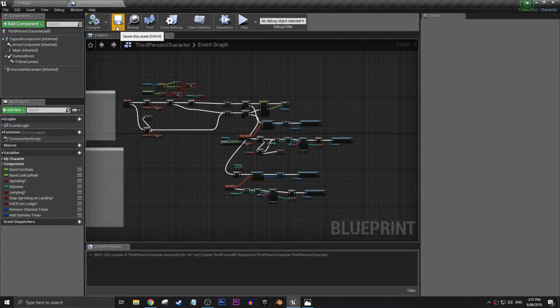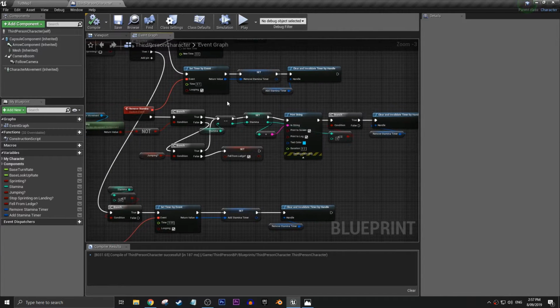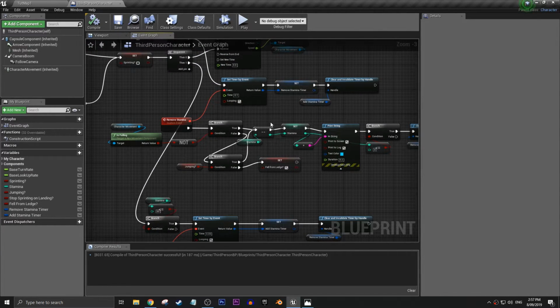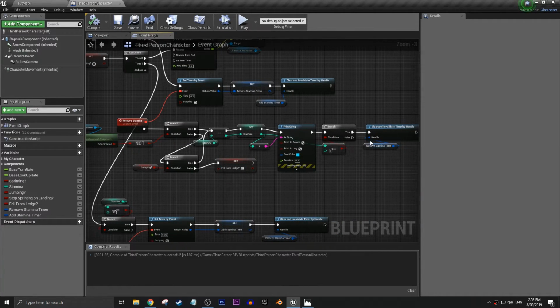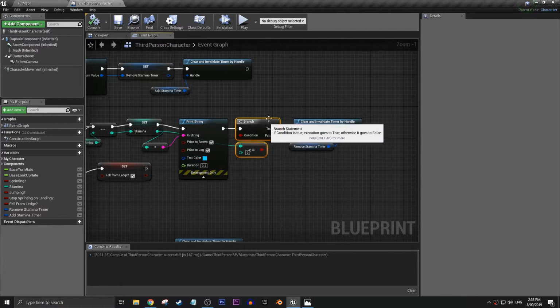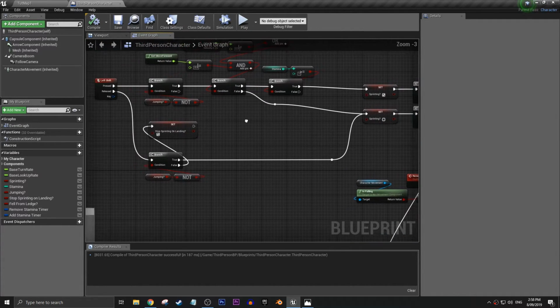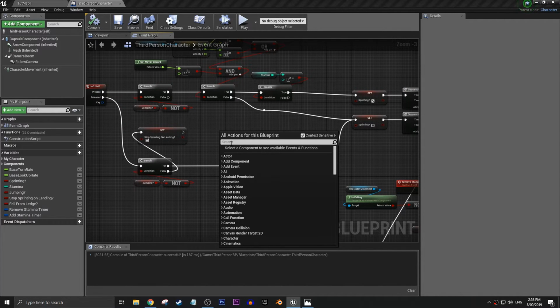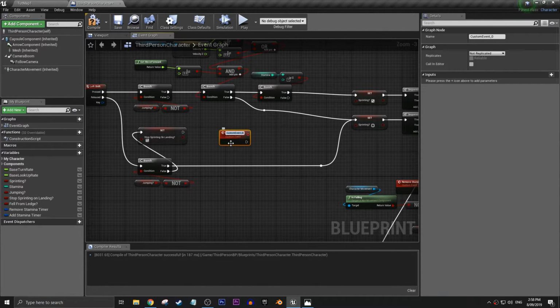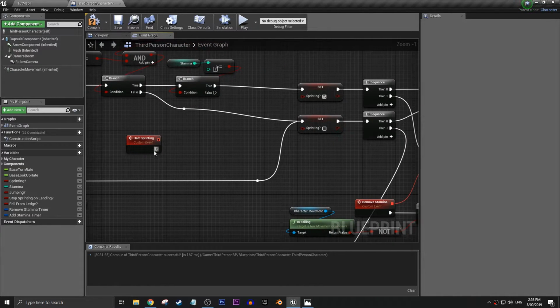So now we should have a graph that looks like this. Compile and save it. And now we need to add one more thing from our remove stamina. We need to add in the event where the stamina has reached 0, like here, and now we want to tell our character, hey, you can't sprint, you don't have any stamina. So we're going to come over here in this gap and make a custom event, and we're going to call it halt sprinting. You could just call it stop sprinting if you want to,